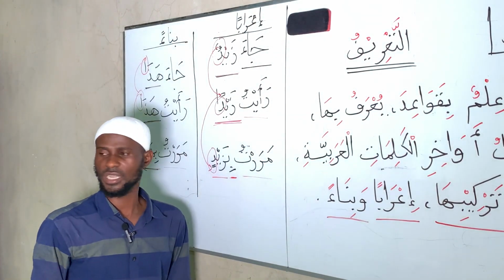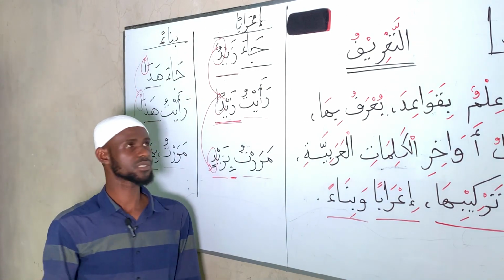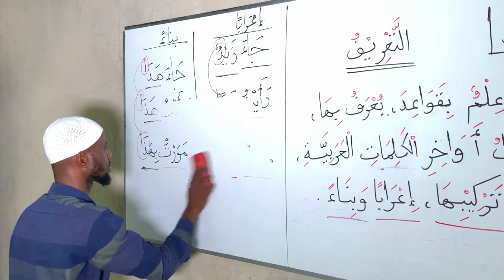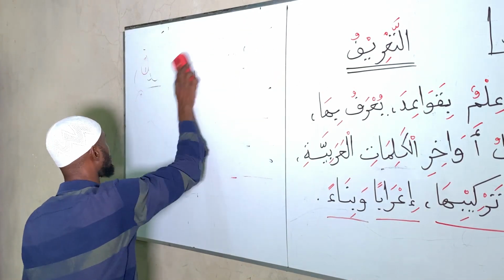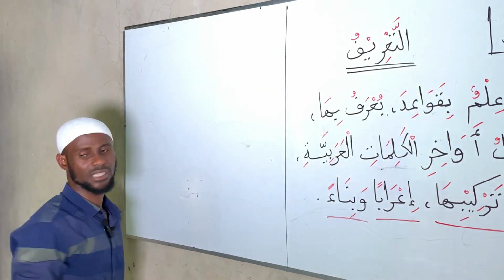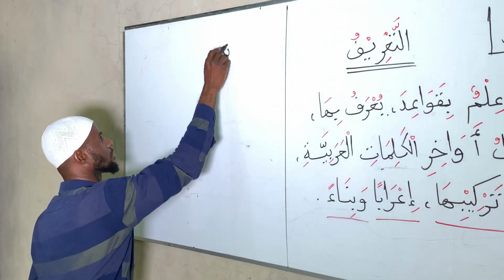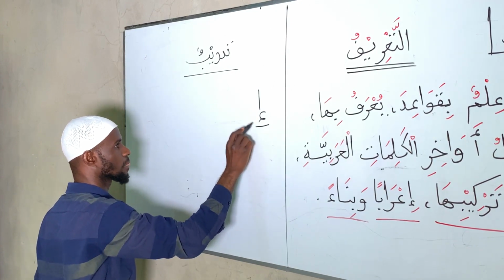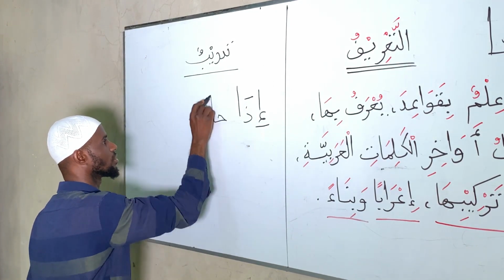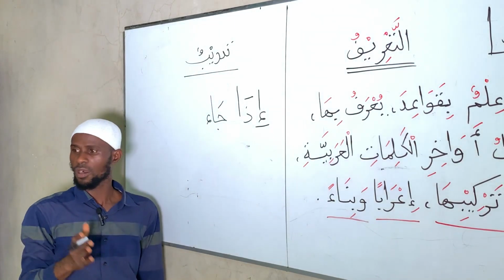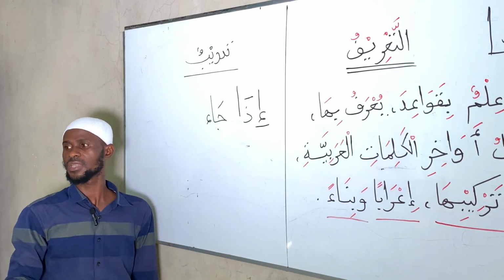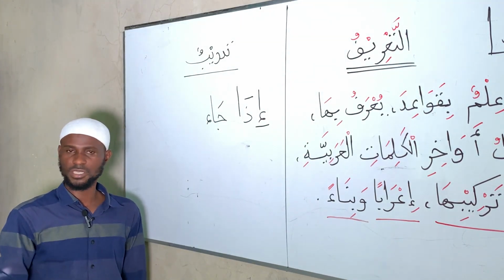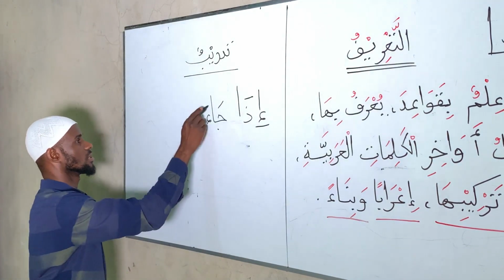Okay. So the next thing is for me to give you assignments. So take note of my assignment. After you've copied your notes, then the next thing is for us to look at an assignment. So the assignment I'm going to give you, that is tadrib, in Arabic means exercise. Tadribun, exercise. So identify from this verse of the Quran those ones that are undergoing i'rab and those words that are undergoing al-bina. That is, those words that their ends can change and those words that their end can be stagnant. إذا جاء